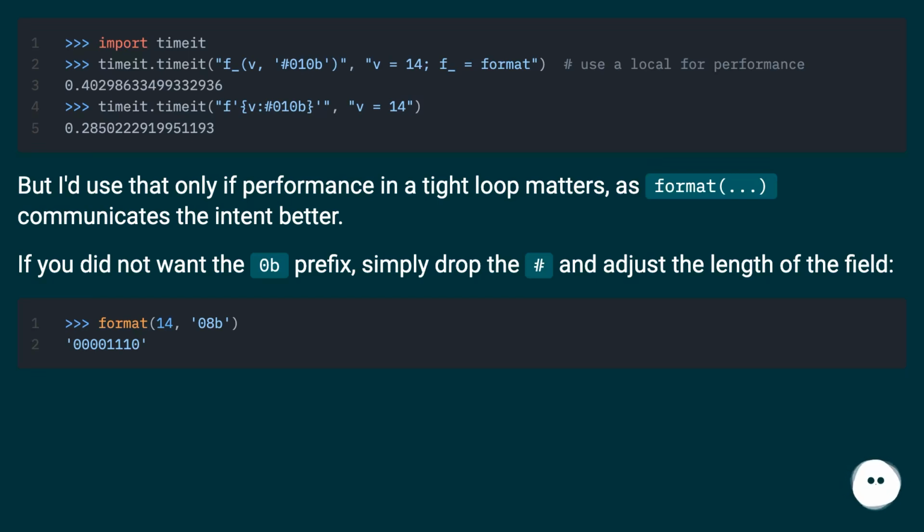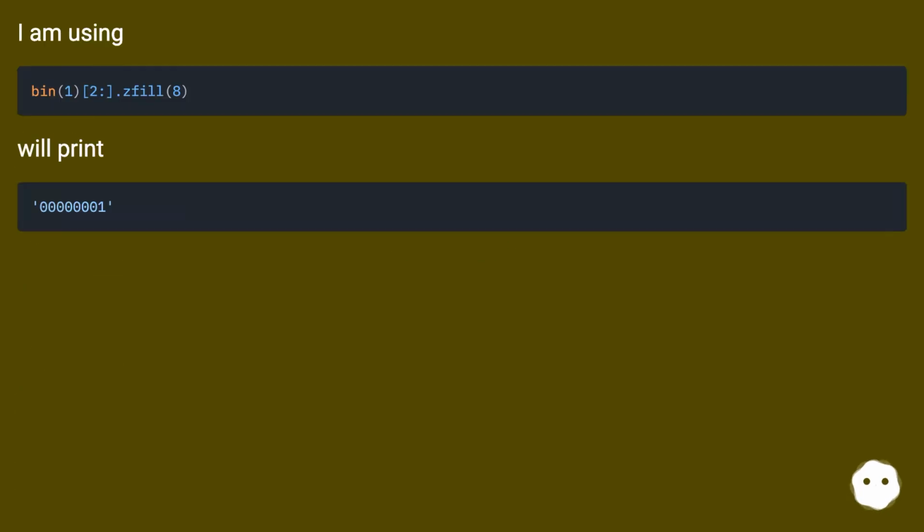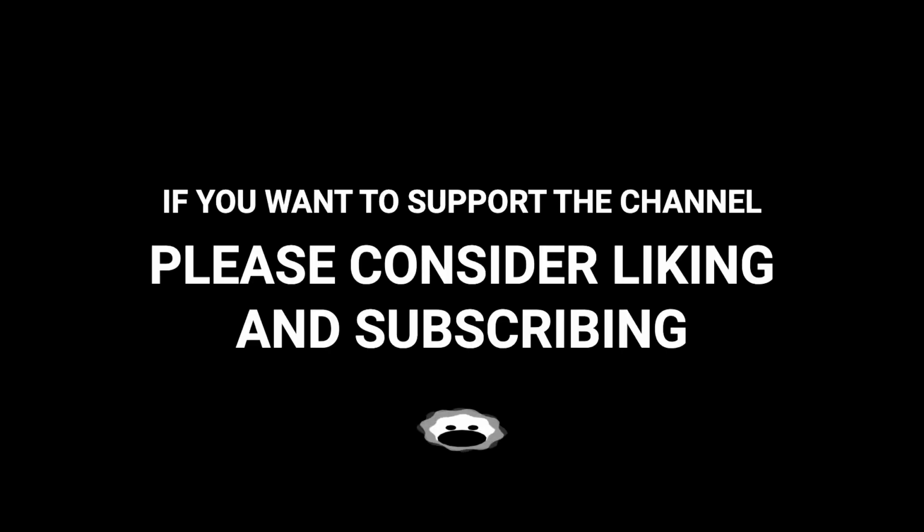If you did not want the 0b prefix, simply drop the hashtag and adjust the length of the field. I am using will print. What